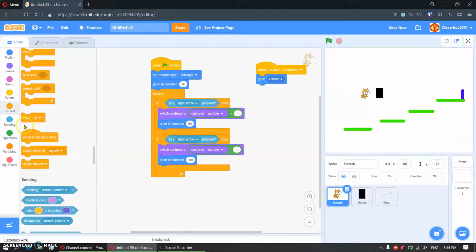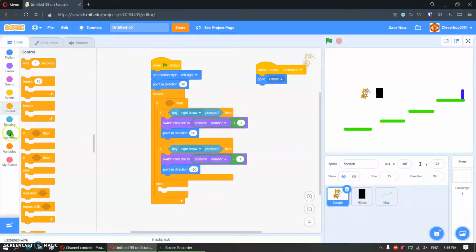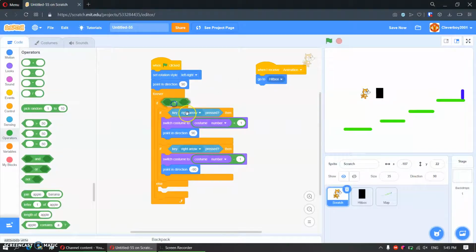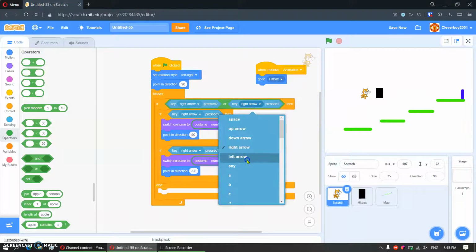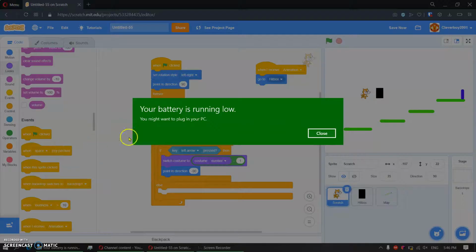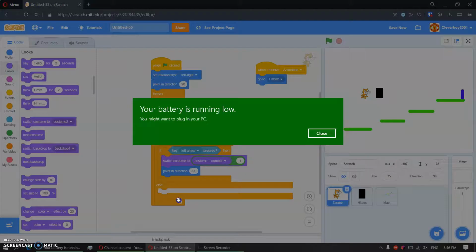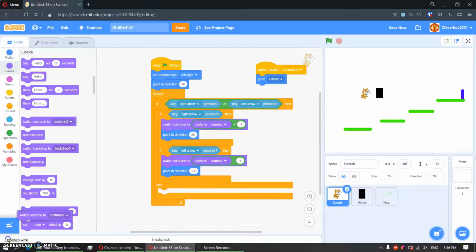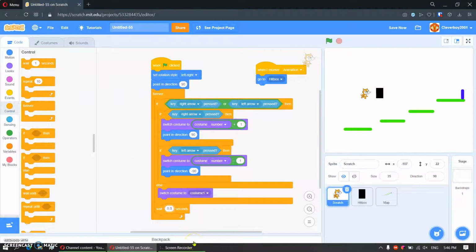now, then an if else, if key right arrow pressed, key left arrow pressed, here we'll put in left arrow, and else, else, wait, here we'll switch costume to costume 1, here we'll wait 0.05 seconds,